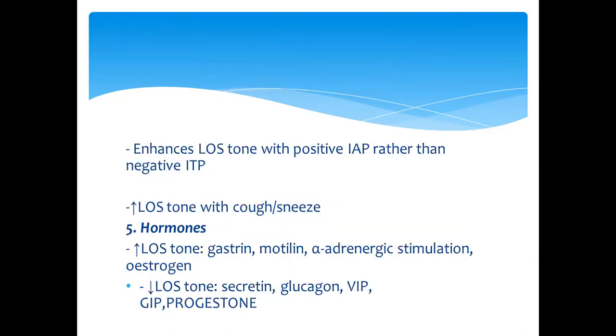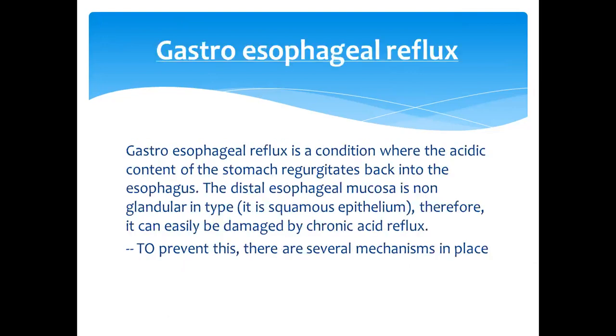Lower esophageal sphincter tone is increased by cholinergic stimulation and also by some actions of hormones like gastrin, motilin, alpha-adrenergic stimulation, estrogen, etc. And it is decreased by secretin, glucagon, VIP, GIP and progesterone. So we have already talked about gastroesophageal reflux,